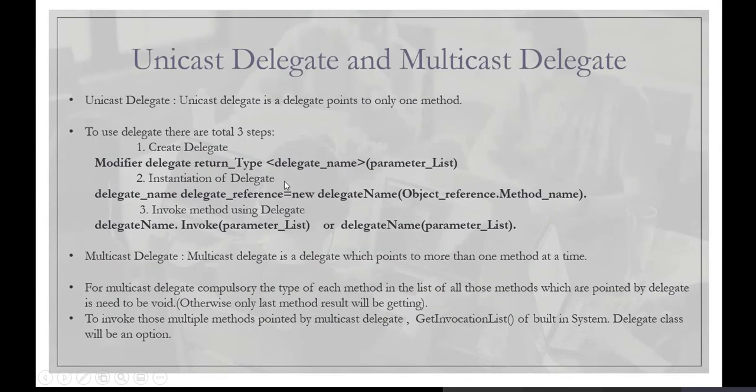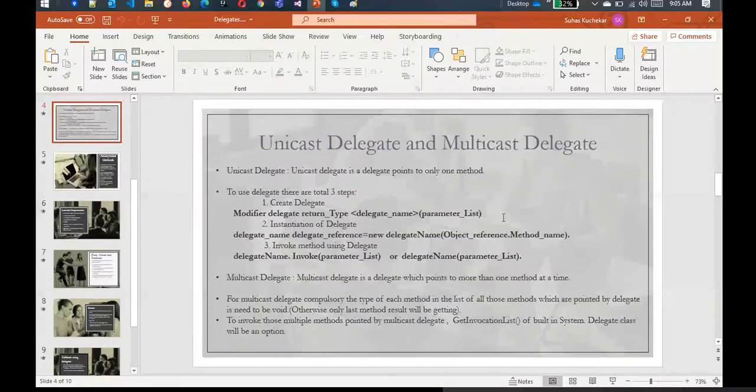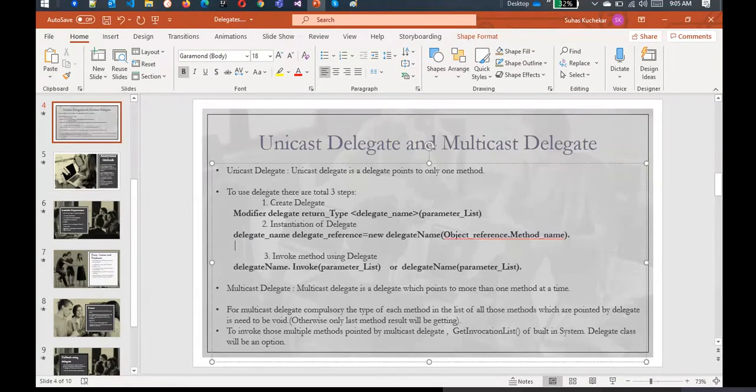So when you instantiate the delegate, either you instantiate like this, or you instantiate like this: delegate, then delegate reference equals object reference dot method name.